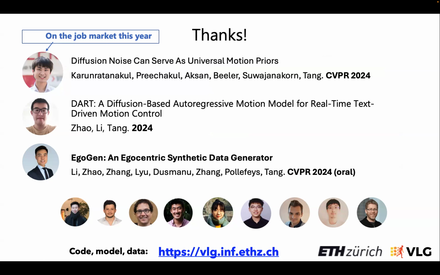So I have a question regarding the first work where you optimize the diffusion noise space. Do you need to assume that the noise space is linear so you can walk through it? It's a Gaussian space, right? So basically we use a standard optimizer, the Adam optimizer, to optimize using gradient descent. So we didn't have any assumption about that. Okay, thank you.